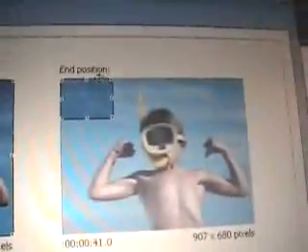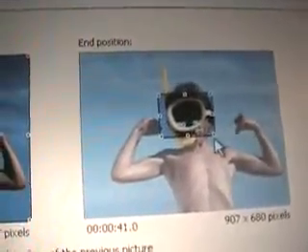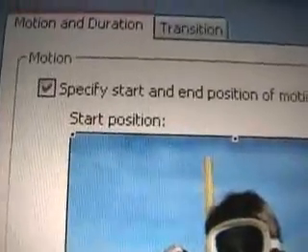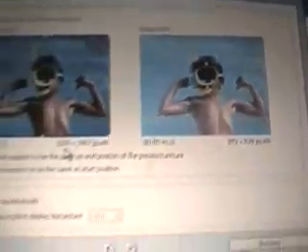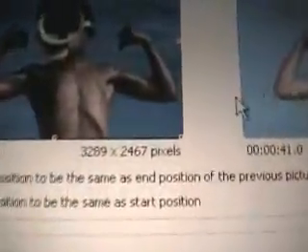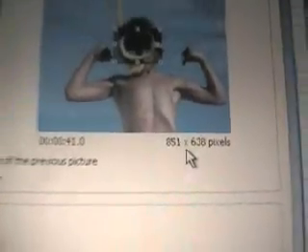So you can essentially create a pretty big zoom motion. The left picture is the start position, and the right picture is the end position. We also show you the number of pixels here, so you can also judge it when you publish the video, right? That the size of your smaller zoom should be